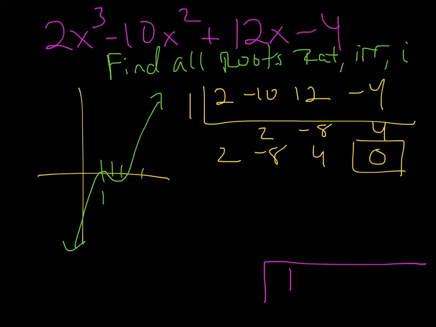Isn't this, and you don't have to write this, 2x squared minus 8x plus 4? Because remember, you reduce your degree by 1, and you write out all your coefficients. And what do we know about the quadratic formula? We can use the quadratic formula, right? So that's the beauty of getting it down. If I can just reduce a third degree down to a quadratic, I've always got the quadratic formula in my